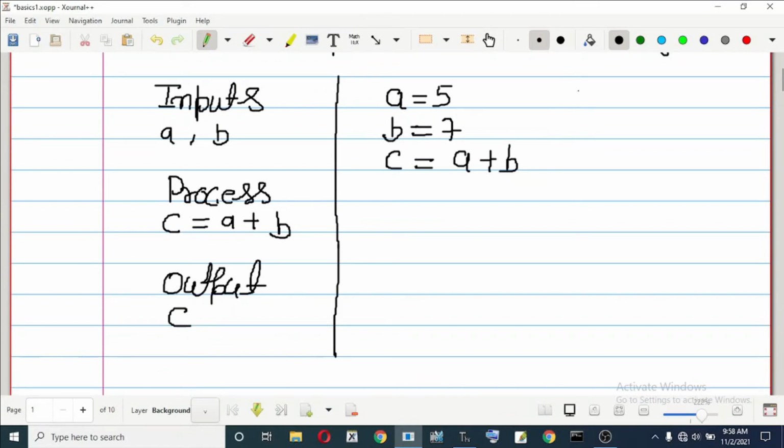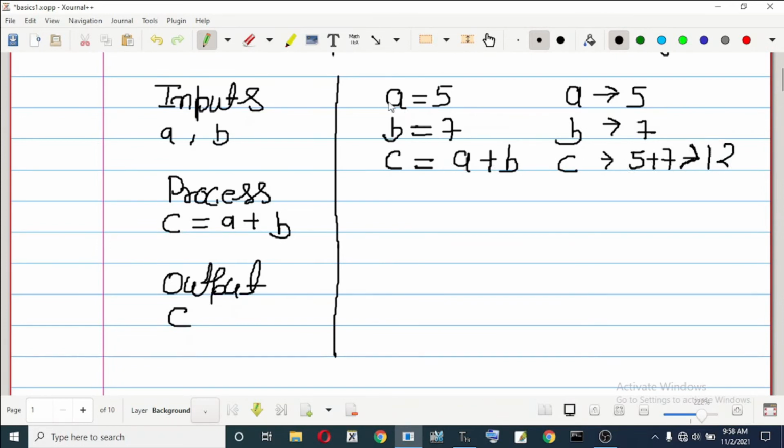So a is referring to 5, b is referring to 7, and c is referring to 5 plus 7, which means it is referring to 12.